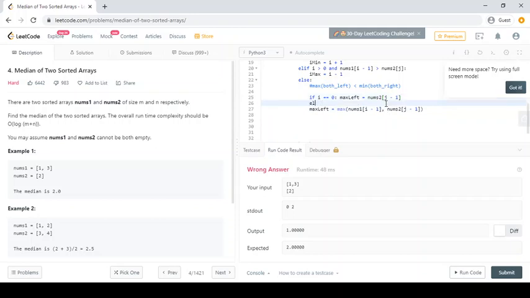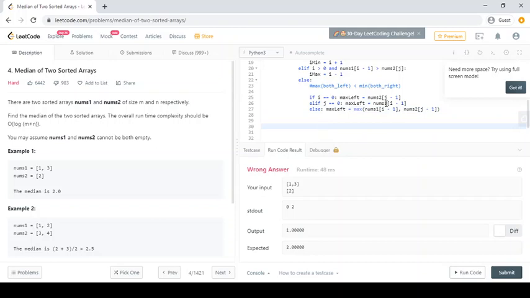The same we will do if j is equal to 0, then we will take this, else we will take this.